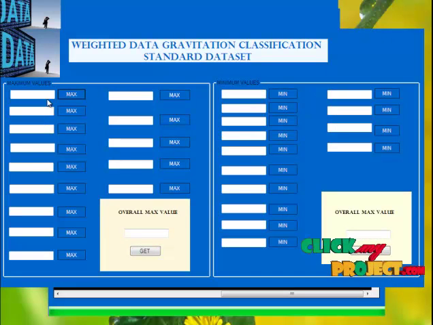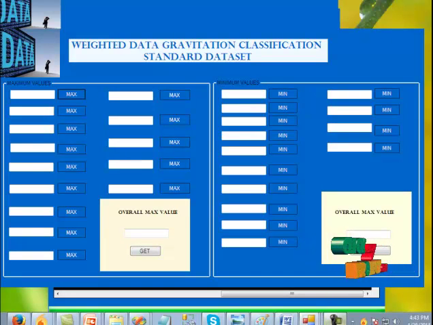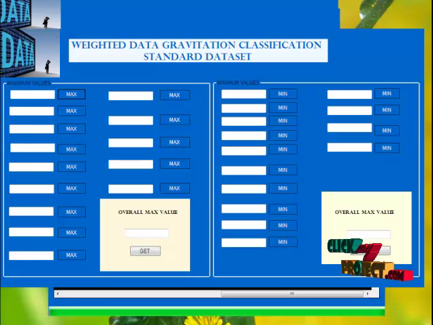Now for finding the threshold value, we have to calculate the maximum and minimum values of each attribute. Click onto the maximum button. You will get the maximum values of the attributes. Press the get button.